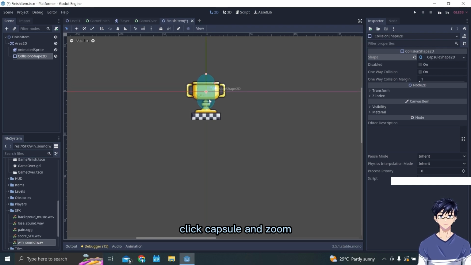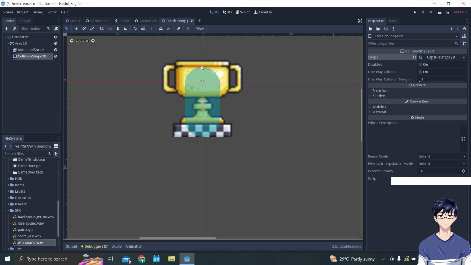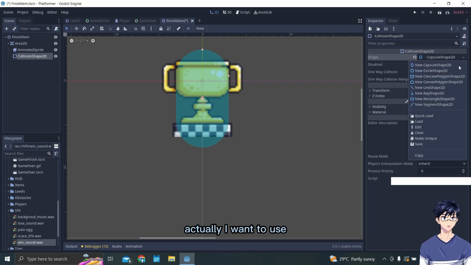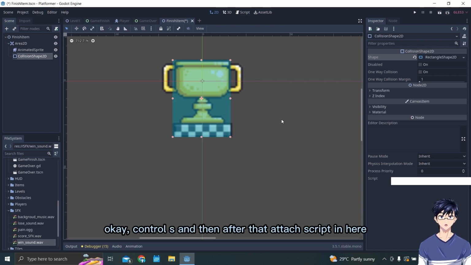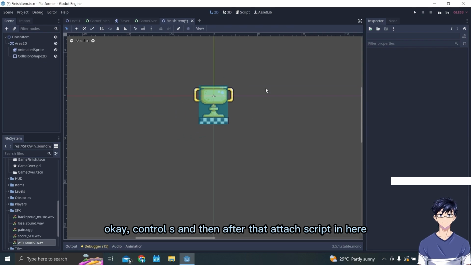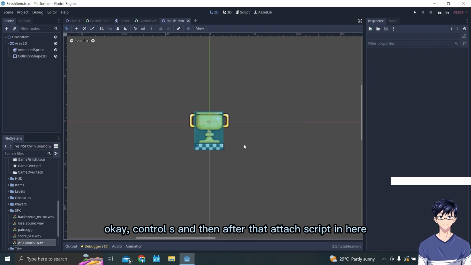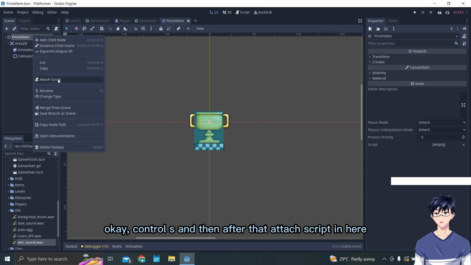Capsule and zoom. Okay, actually, I want to make it square. Control S, and then after that, attach script in here.